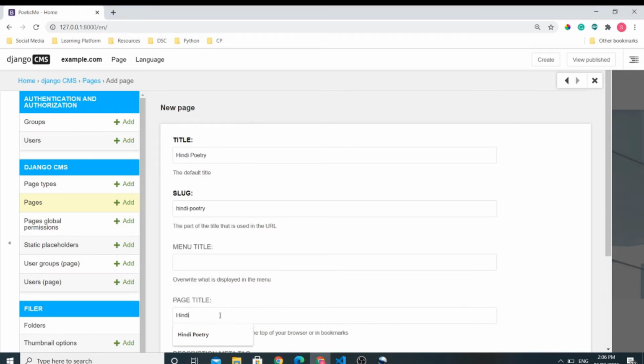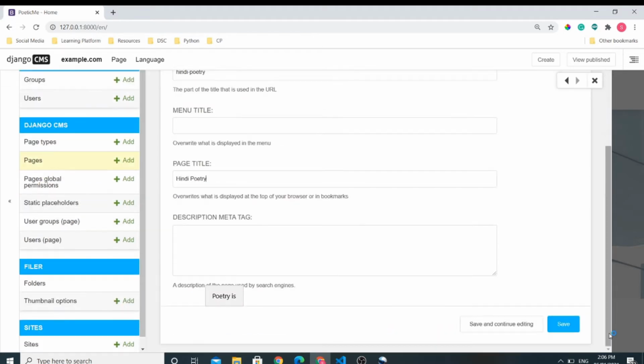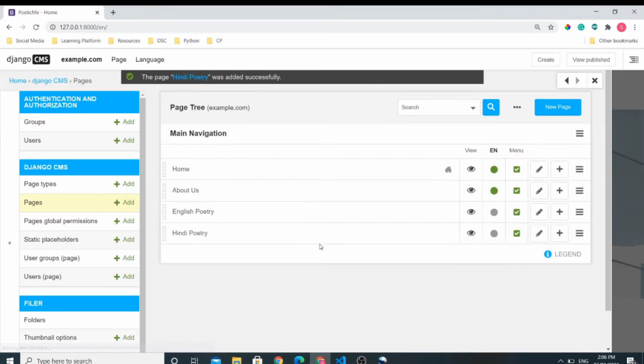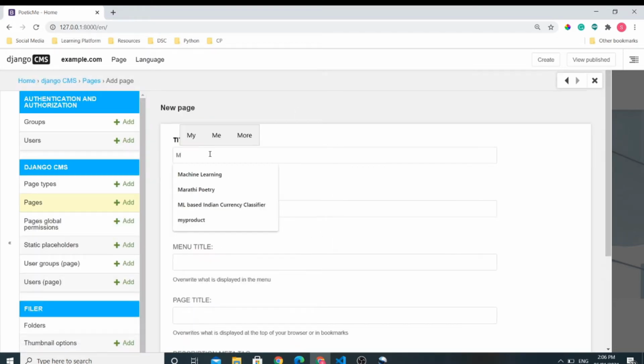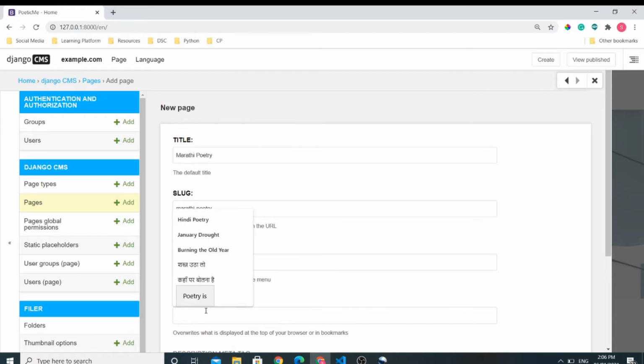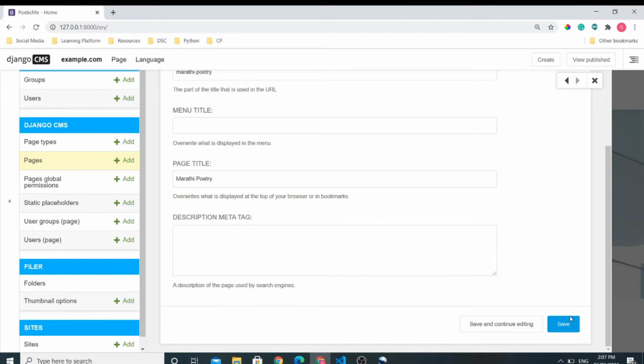I will write the same thing here as well. And save this page. And let's create a last page, Marathi poetry. Type the same thing here. And save this page as well.